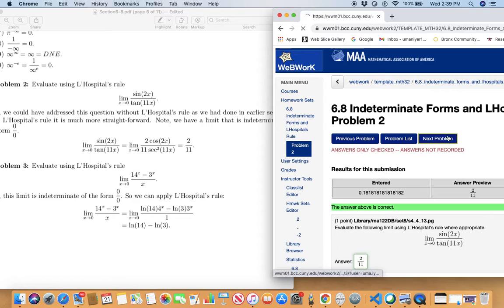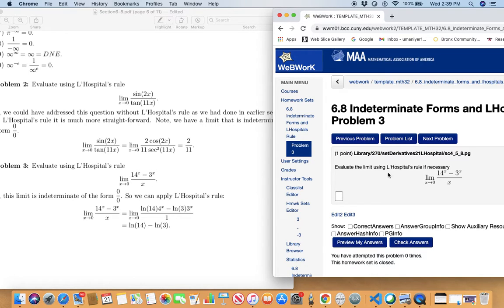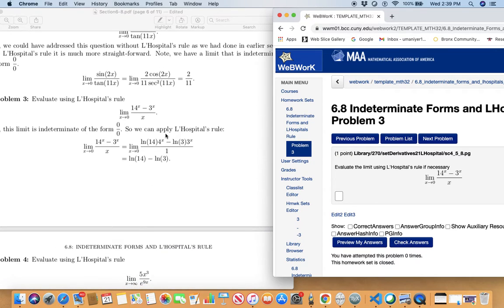Good. Next problem. Evaluate the limit using L'Hopital's rule if necessary. Limit as x approaches 0 of (14 to the power x minus 3 to the power x) over x. As x approaches 0, that gives me 1, that gives me 1, and 1 minus 1 is 0. And the denominator is 0. So this limit is indeterminate of the form 0 over 0, so you can apply L'Hopital's